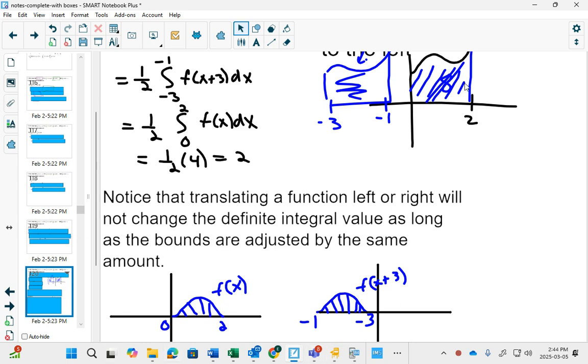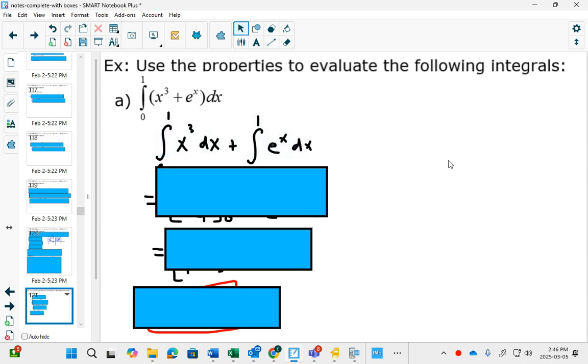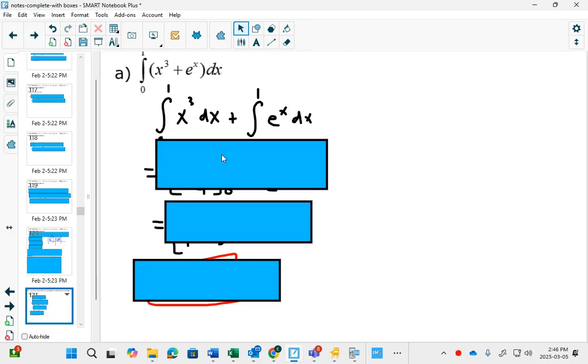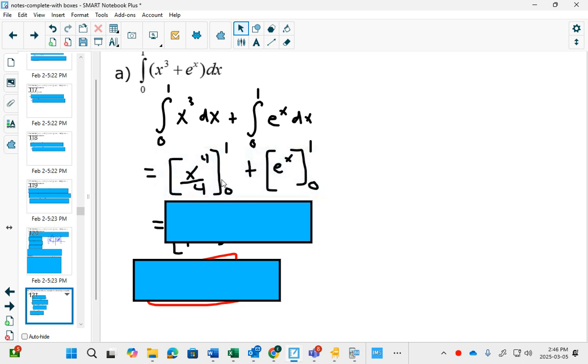There, same picture, same idea. Just moved 3 to the left. So we just have to integrate. Properties say we can integrate both of these separately. And I am fine if you do not write that step in your own work. You can go directly to integrating this one, integrating this one. I wouldn't be mad